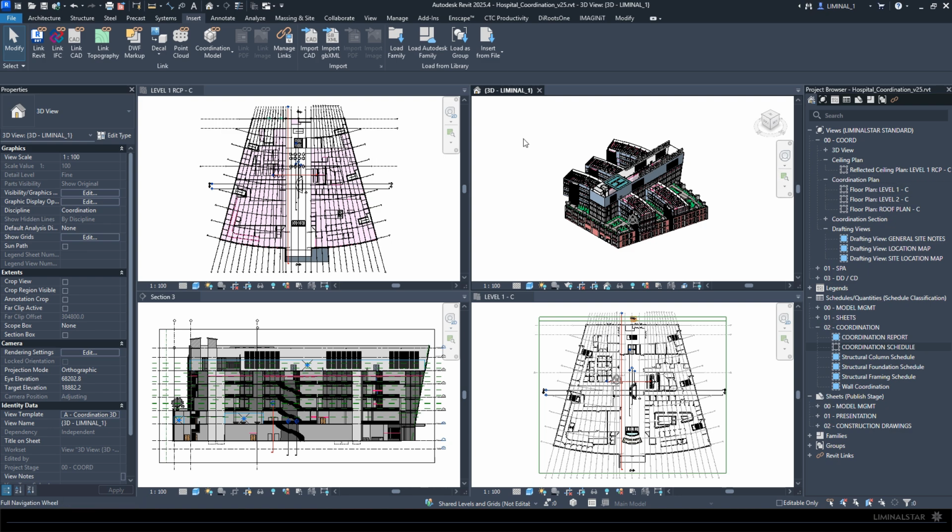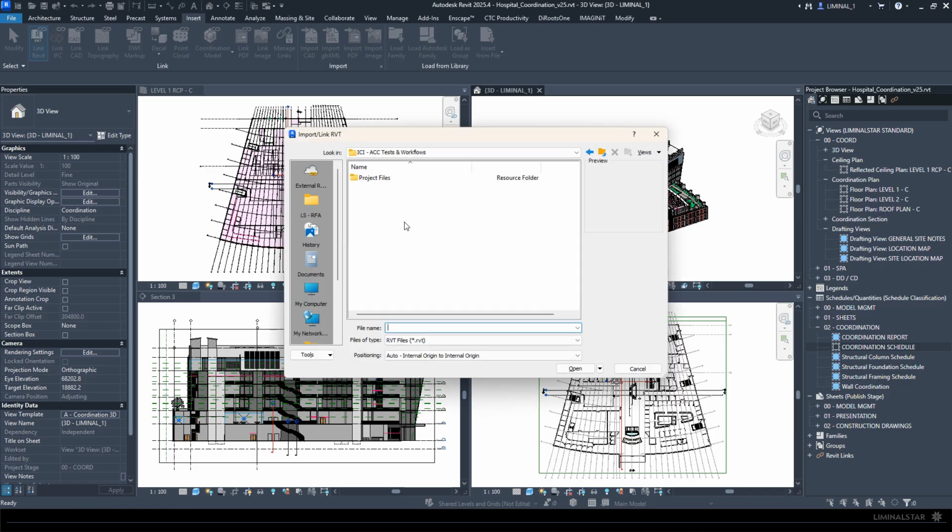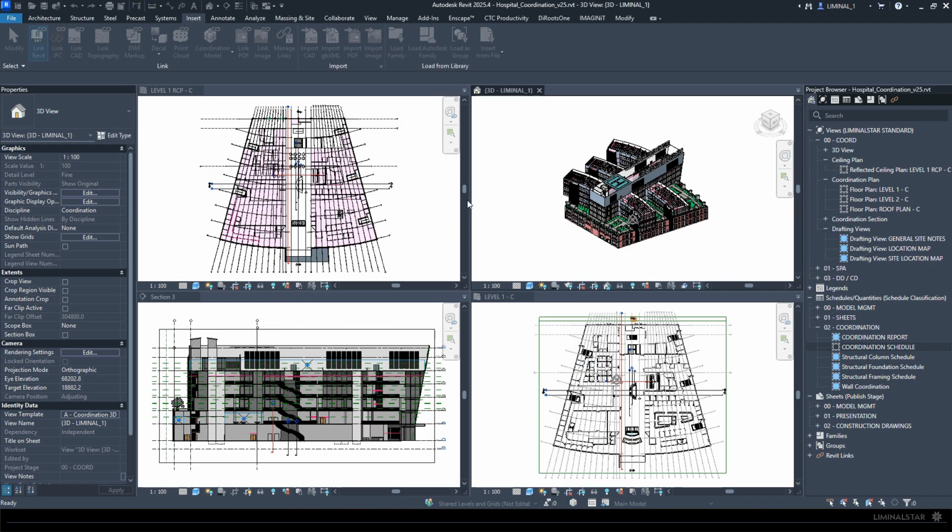So I'm going to go back up to my Insert tab, click on Link Revit, and this time I'm going to bring in the structural model. What I'm really trying to do is just get these things on the same levels, same plane, just line up the XYZ, right? So when I go into my hospital folder and grab the structural model and use that same internal origin to internal origin that I used for the architecture,